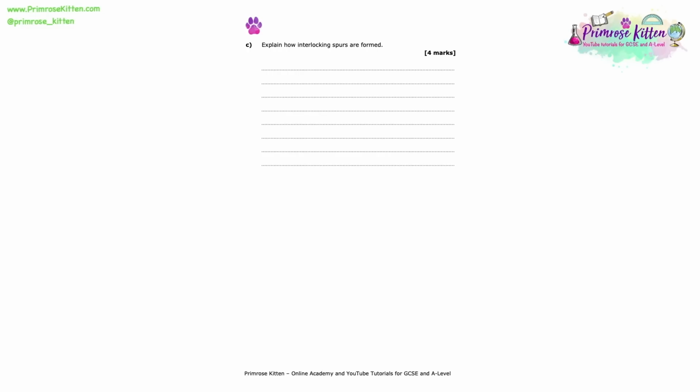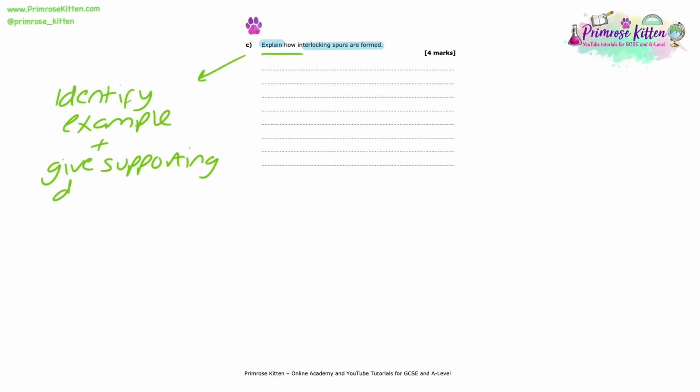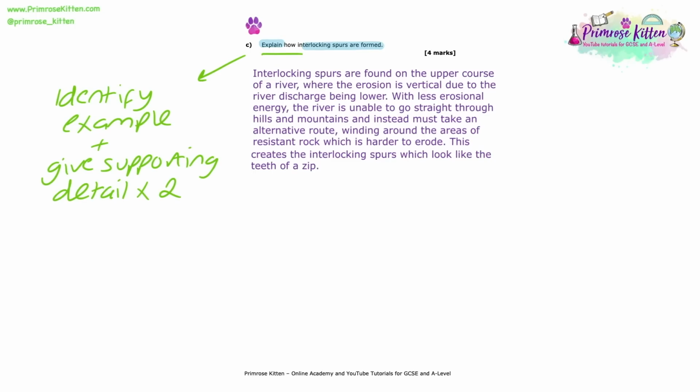Part C. Explain how interlocking spurs are formed for 4 marks. A response to this question will need to identify 2 examples and give supporting detail for each. A possible answer might then read that interlocking spurs are found on the upper course of a river, where the